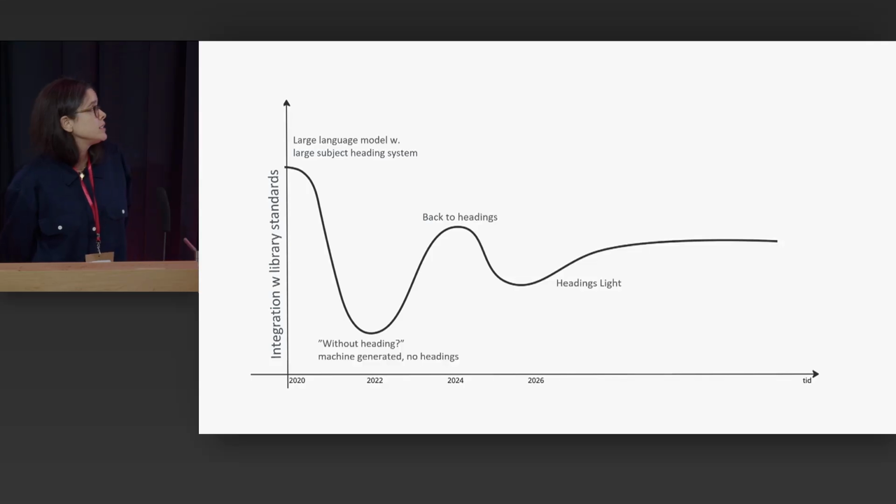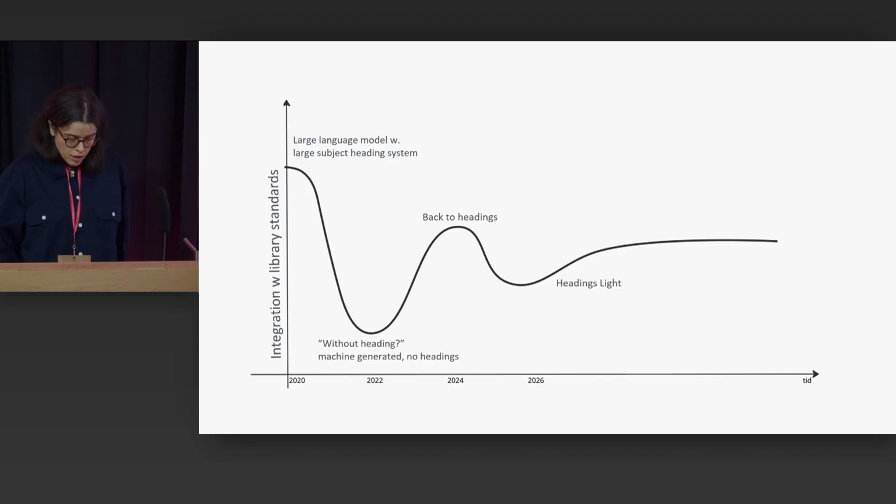So for the past 5 years or so, Martin and I have been working with how we can use machines or AI to do some, not better job, but do something with subject analysis. And sometimes it gets better and sometimes it gets worse. So we're going to show you about that. Now, this is a very scientifically made graph that shows Martin's and my relationship with existing library